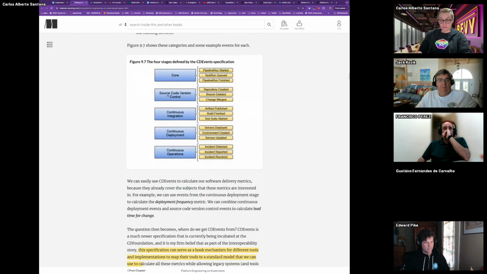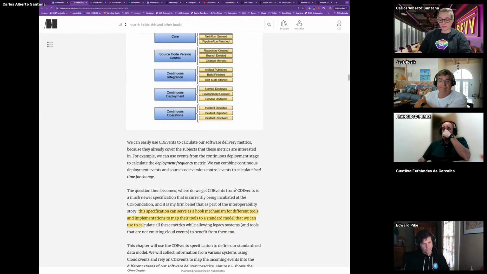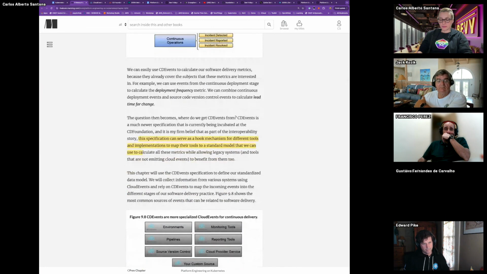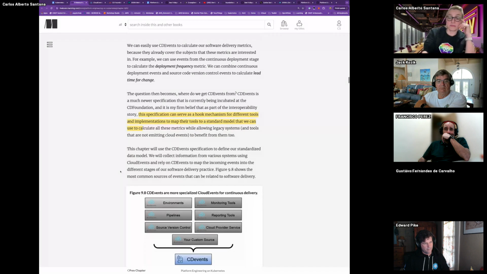But this is the category of the CD events, which now can be a kind of standard for DevOps type of events. And if a system or two systems use CD events, they have a way of communicating with each other because they would understand the type of events they're referring to, which are for continuous delivery. So CD events, I didn't know much. I learned more details about CD events today. I was not very familiar with CD events, so the book gave me an overview.